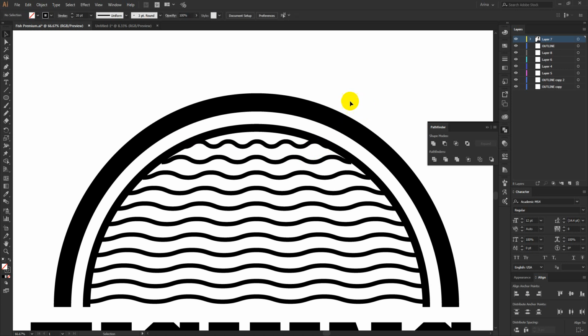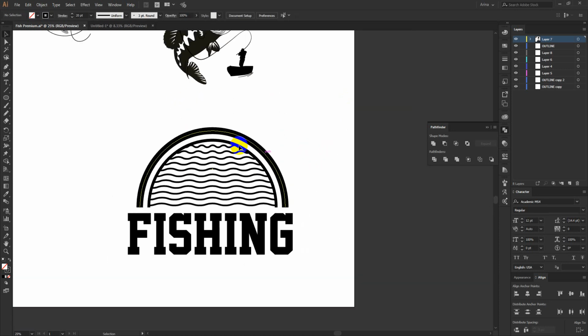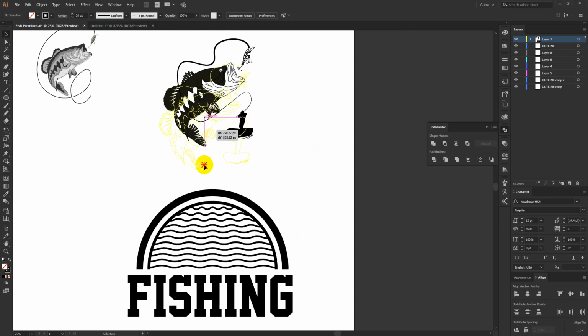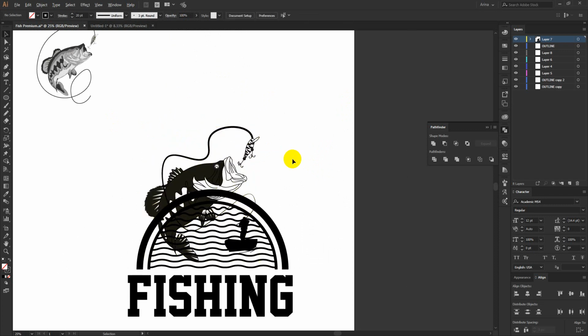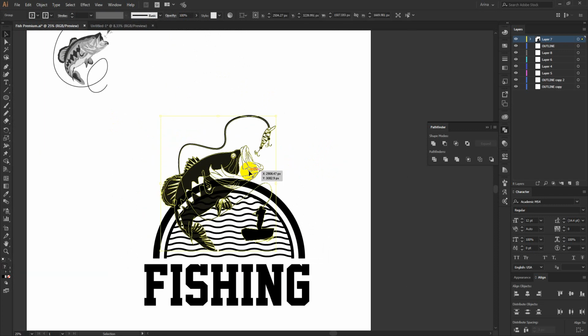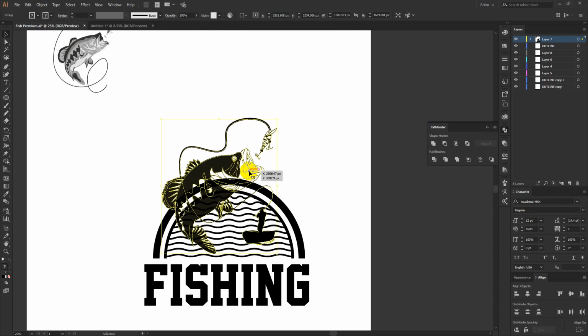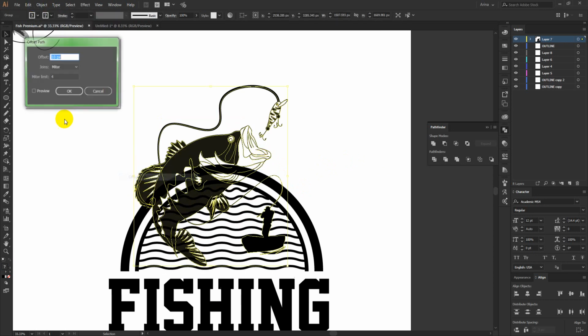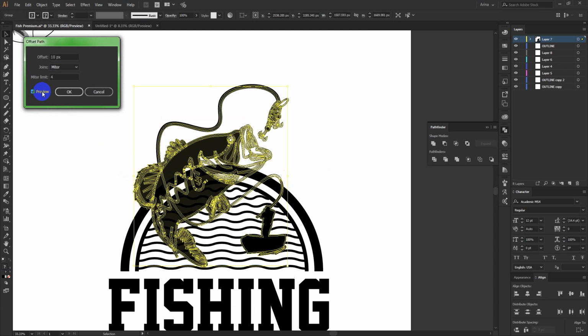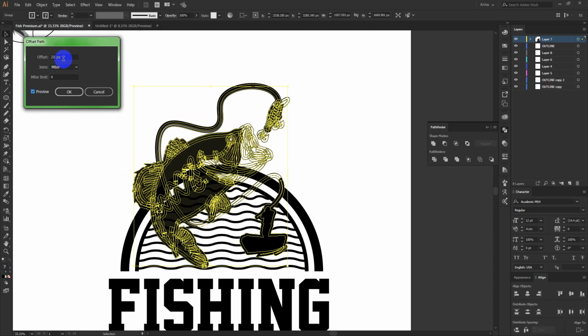Now I am making this to put my design in something like this one here, so I want this to be something like this maybe. Okay, as you can see, this is now looking like my fish, and that man is in water. So I am going to select them both, making an offset path here, maybe a bit bigger in size. Yeah, that will be good for me.